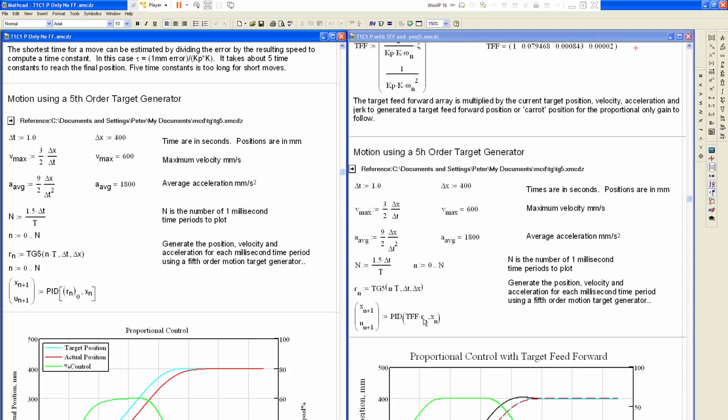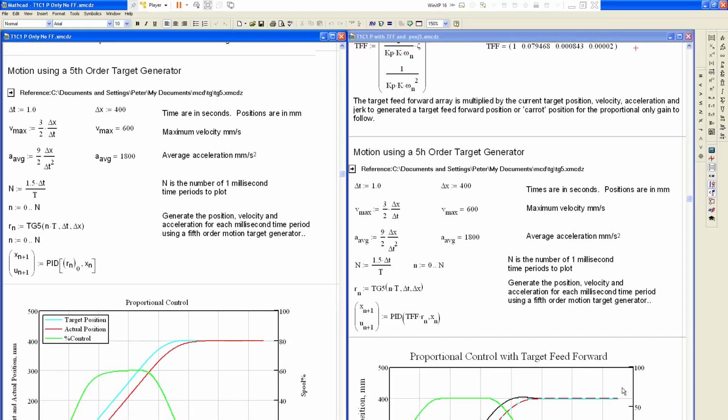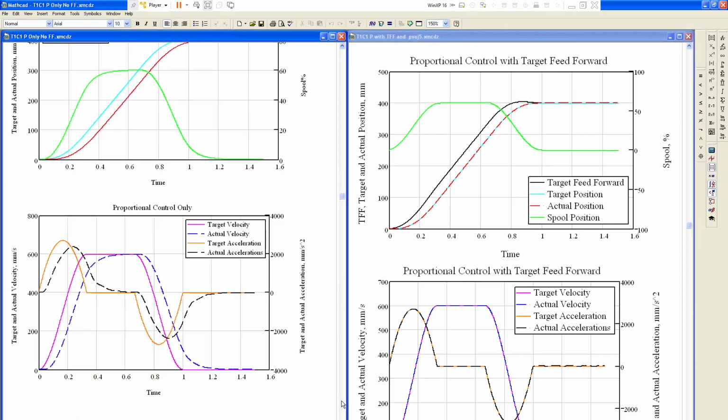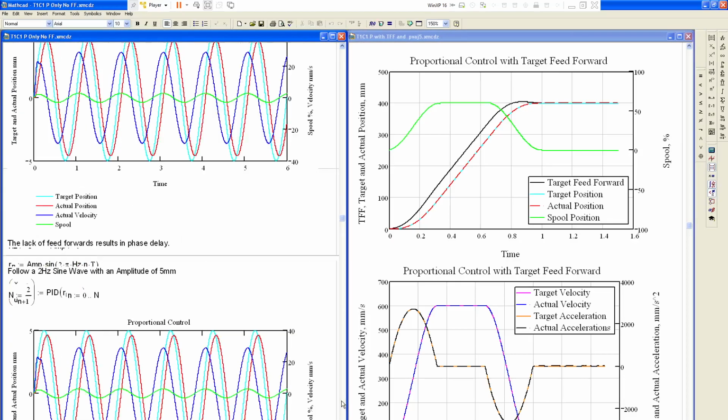And then what it does is it makes this leading command target right here for the error. So what happens is that this difference between here and here compensates for the phase lag from here to here. Very simple. Now, where this really makes a difference is on short moves, because on a short move, let's